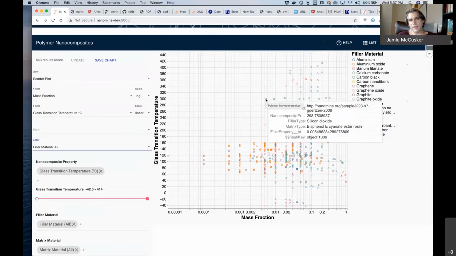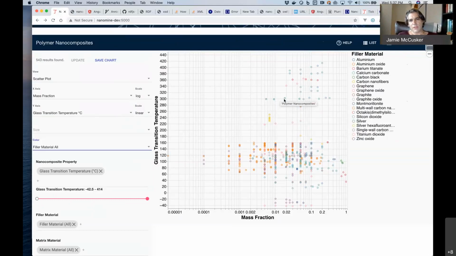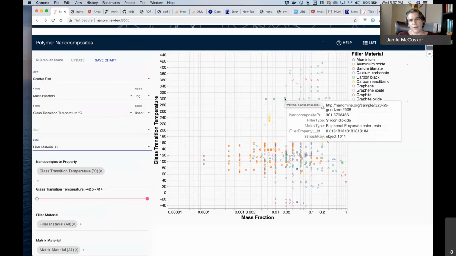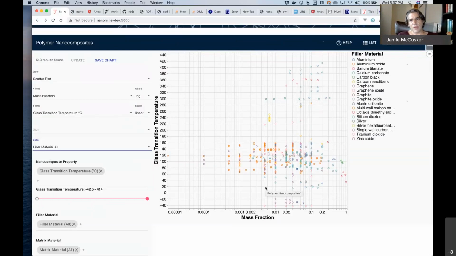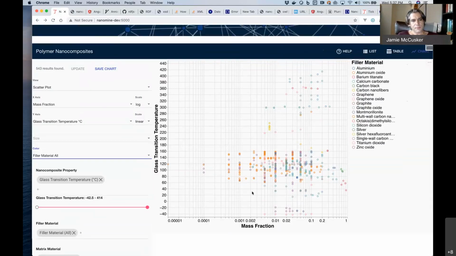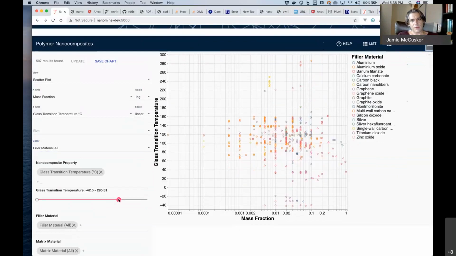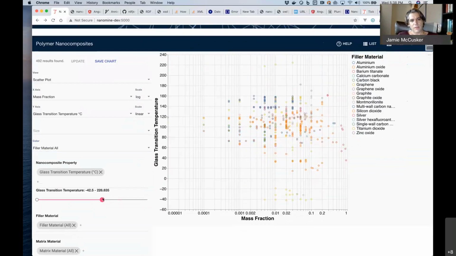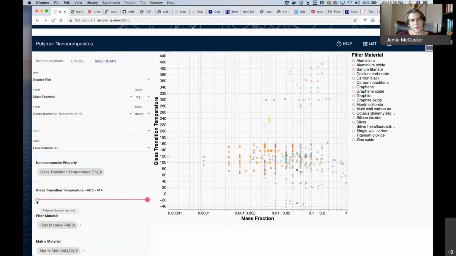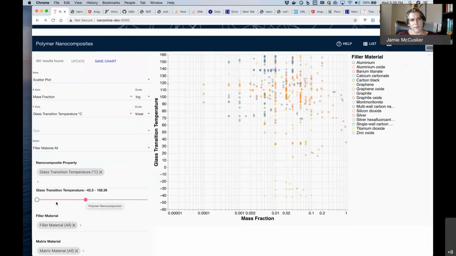We don't have the tooltips exactly right here yet, because it's showing the actual column names, the variable names from the query, rather than the labels. But what we have are the values plotted out. Now, one thing we can do is filter based on range, so that you can only